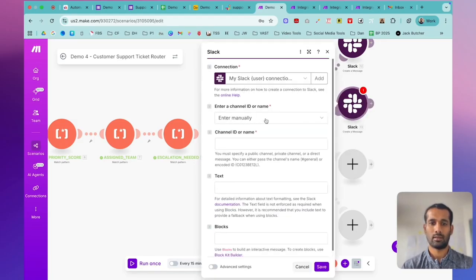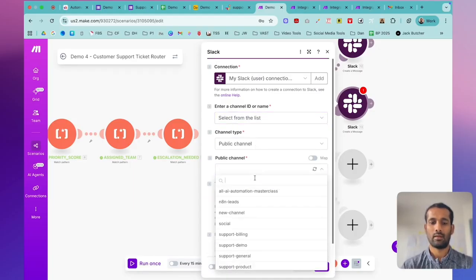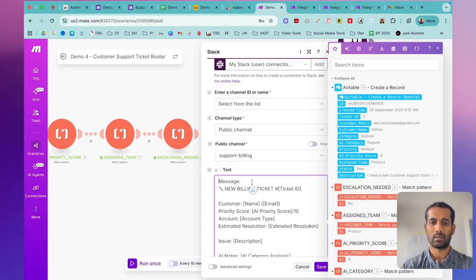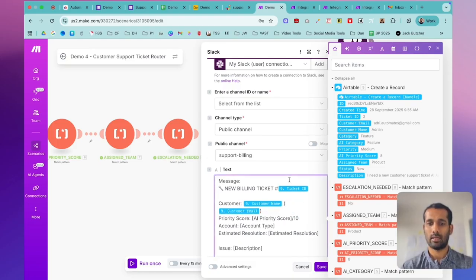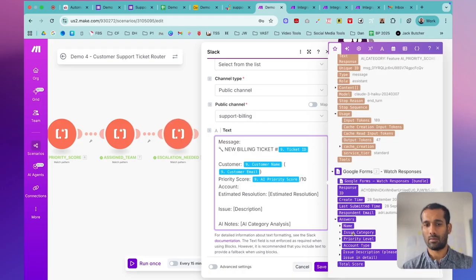Create a message for the channel ID, public channel. Here we are going to choose billing. For the text, we're going to choose, similarly, ticket ID, name, customer name, email, customer email, AI priority score, account type, we are going to take from our form,